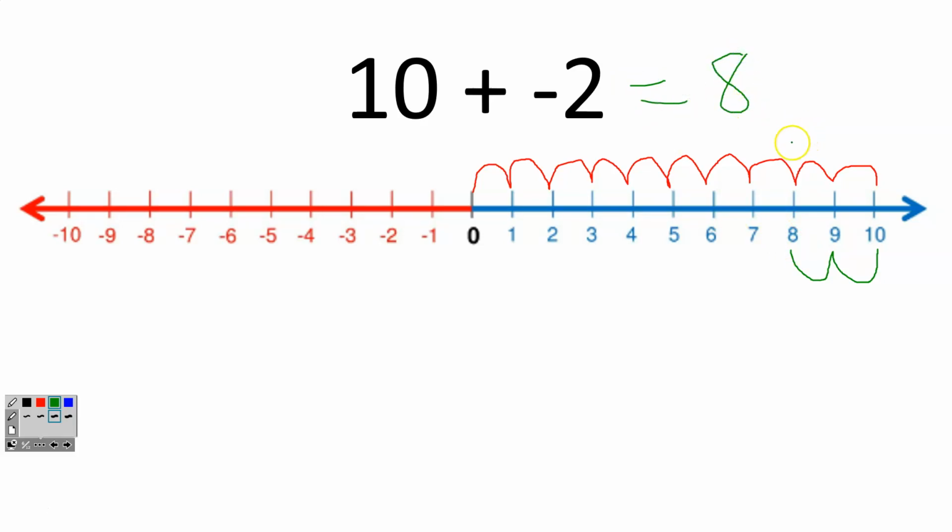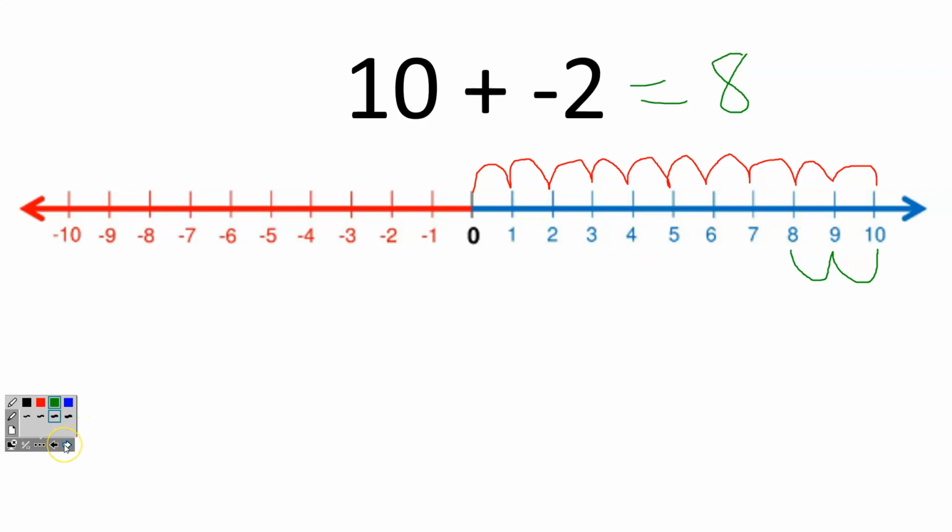for this problem. Now, what's interesting about this kind of problem is when you're adding negatives, you can think back to subtraction problems as well, because that's essentially what happened: we just took 10 minus and took away 2 jumps. So there you go. So we ended up at a